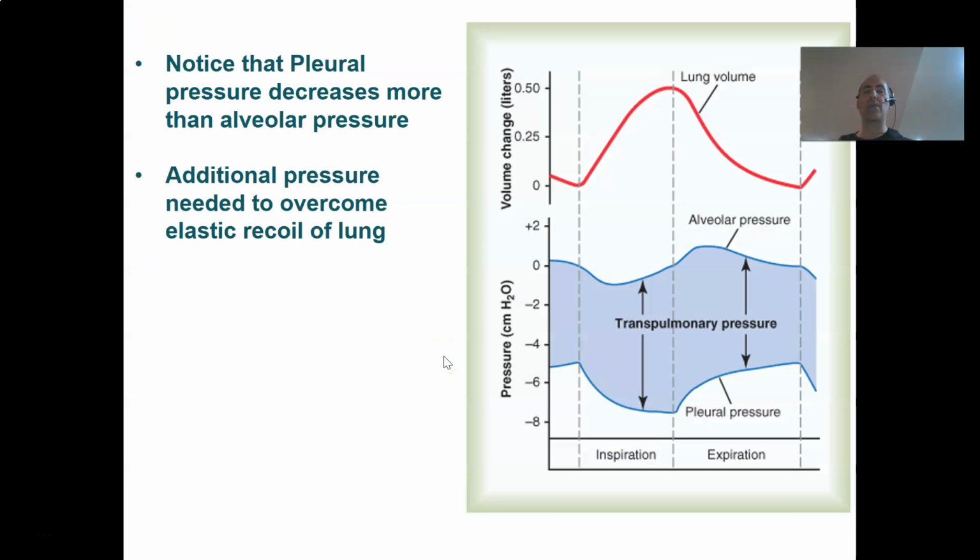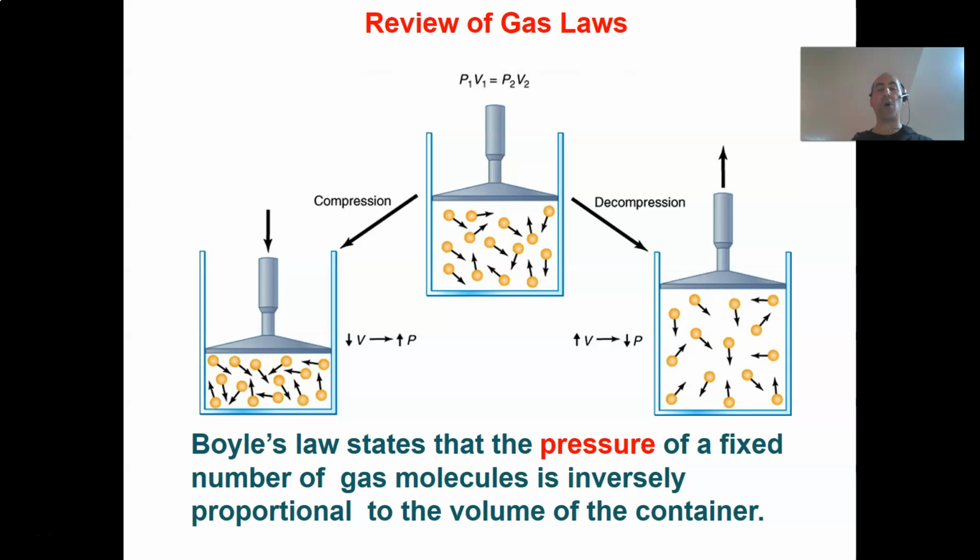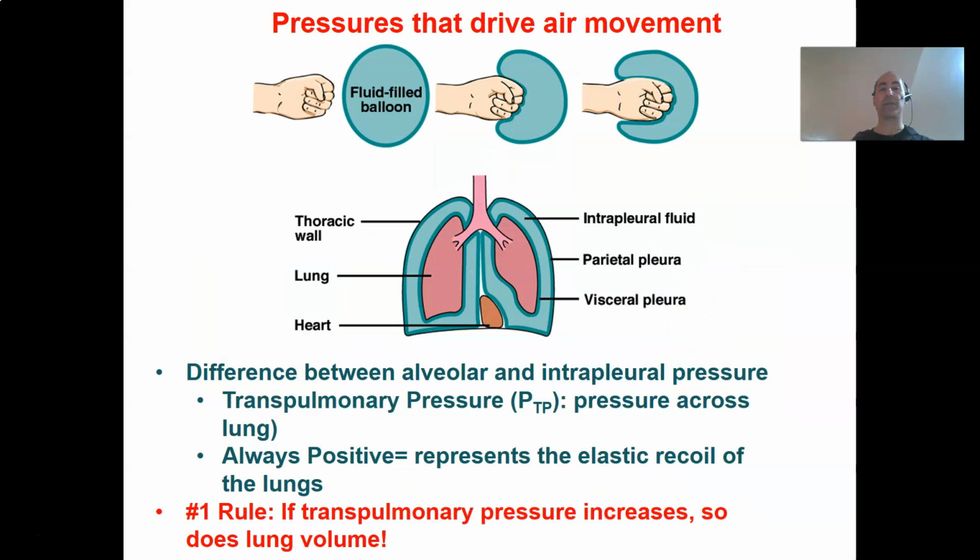Just to reiterate what we did last time as a reminder, we talked about the sequence of events for breathing. You need to memorize those. Boyle's law and how it applies to the respiratory system. We talked about the different connection points, the chest wall, the intrapleural space, the lung, the properties of the lung, and the properties of the chest wall, where the lung wants to collapse and the chest wall wants to expand, and that they come to a balance point, that the chest wall, through the connection through the intrapleural